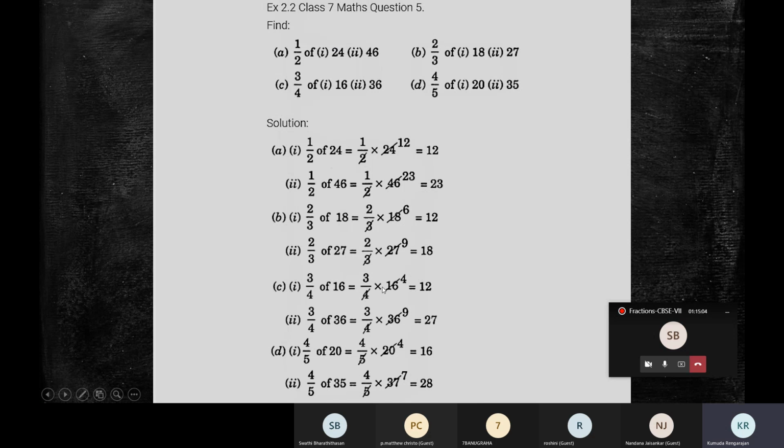So take away of and use the multiplication sign in both the cases. Then you know 16 and 4 can be reduced in the same tables of 4. 16 is in the numerator, children. This 4 is in the denominator. So you can cancel like this. 4 3s are 12. Multiply the numerators. It's 12 by 1, which is 12. Similarly here, 4 1s are 4, 9s are 36. 9 3s are 27 is the answer.